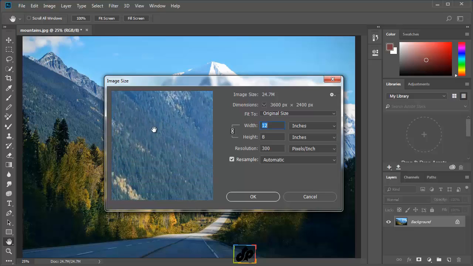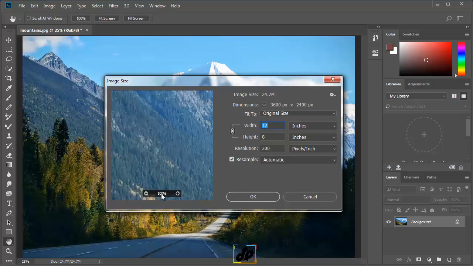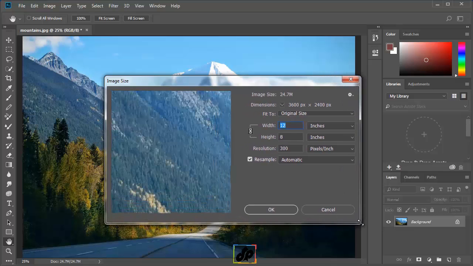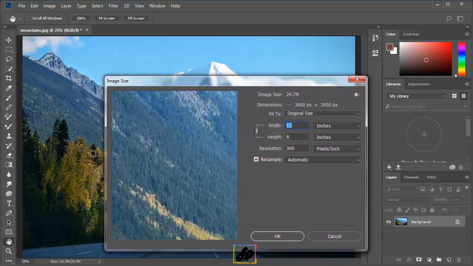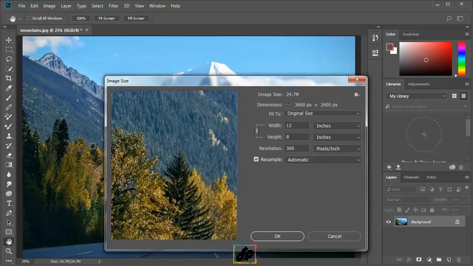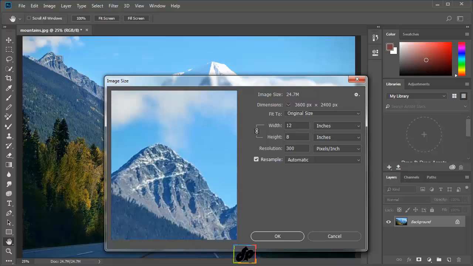Photoshop gives us the hand tool automatically so that we can place the preview within the window to our liking, and besides this, it also zooms the window to 100% so that we can get a completely accurate view. We can also click and drag to make the Image Size dialog larger, and if we place our cursor over the image area, we get a square that shows the preview size so that if we click, we can quickly navigate to previewing different areas of the image.